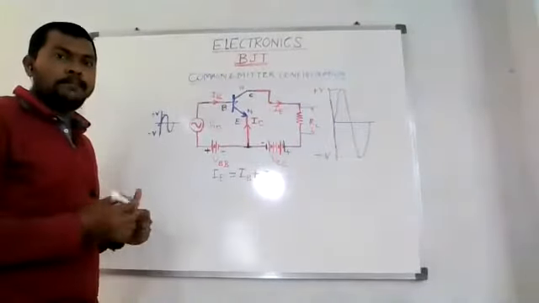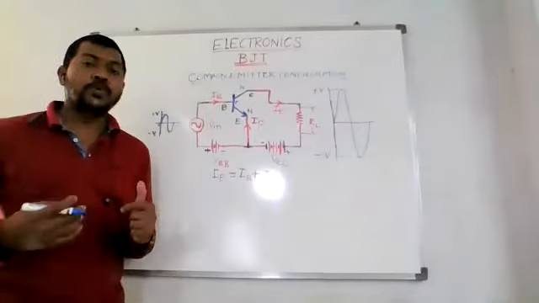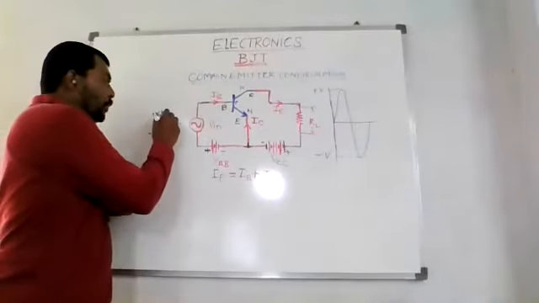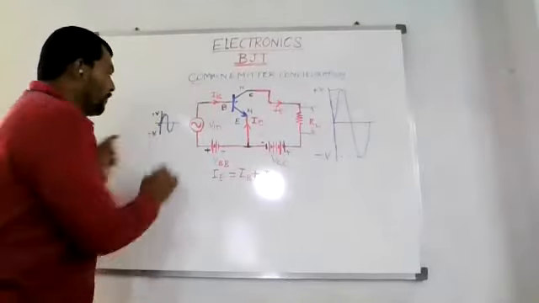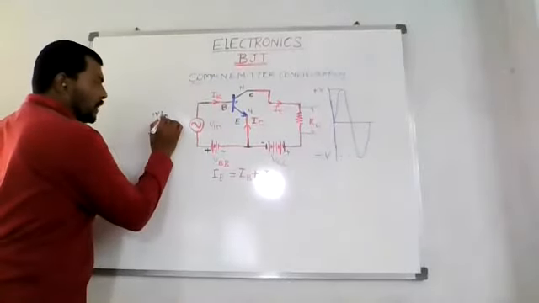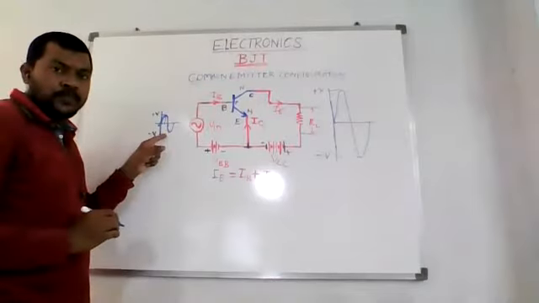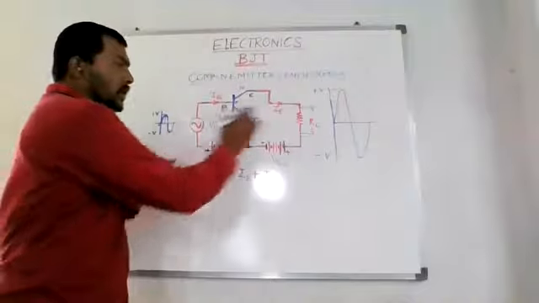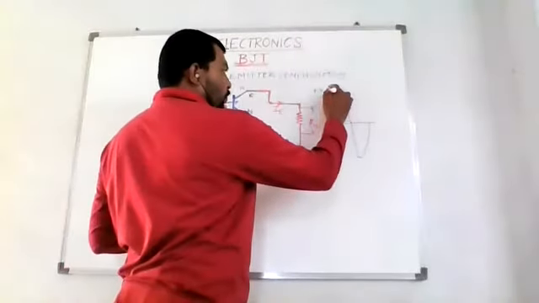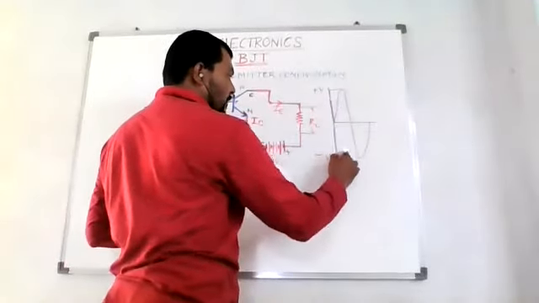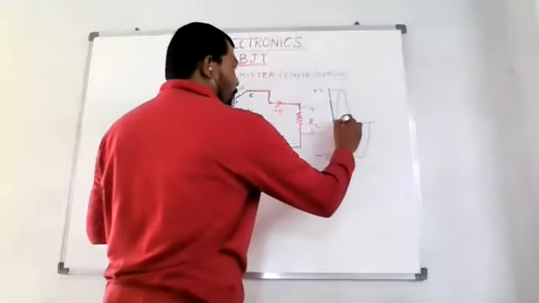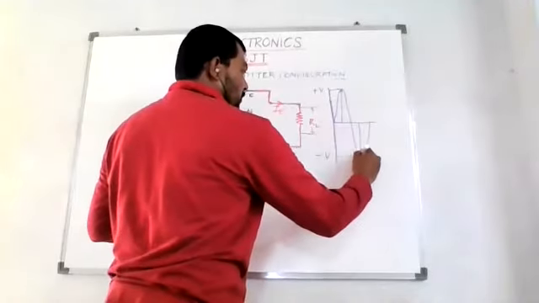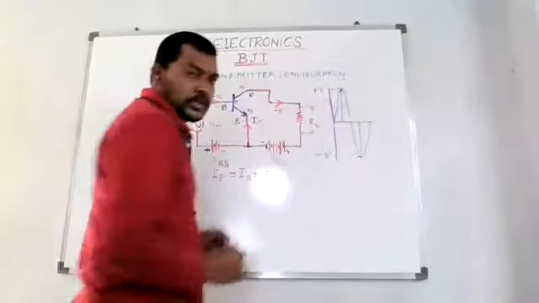What does an amplifier actually mean? An amplifier is one which amplifies the amplitude, right? It is going to amplify the amplitude, without changing the frequency of the signal. If you are able to see a change in frequency, that would be wrong. There is no change in the frequency. It only changes the amplitude of an AC signal, right? So this is in the negative direction and this is in the positive direction.